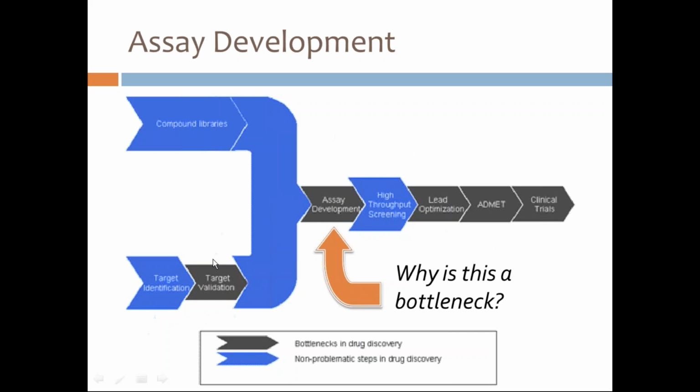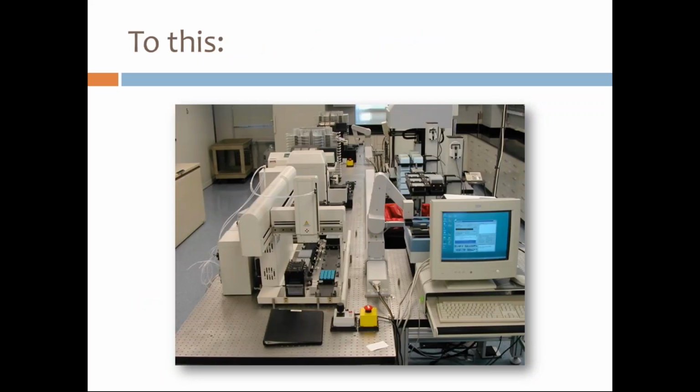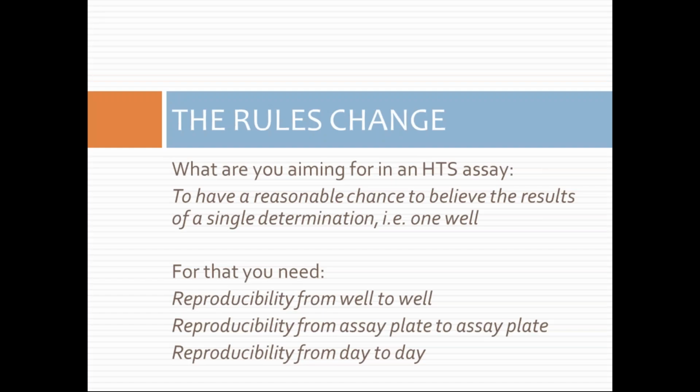So one is target validation, so that we talked about how do you know if it's a good idea or not. But also assay development, so setting the assay up for the robot to run it correctly. And that's because when you go from manually pipetting by a human to the robot doing it for you, the rules change. And what we mean by that is that in a high-throughput screening assay, you need to have a good chance to believe the results of N of 1. Again, you just screen one compound, one time, one concentration. And the reason is it's actually